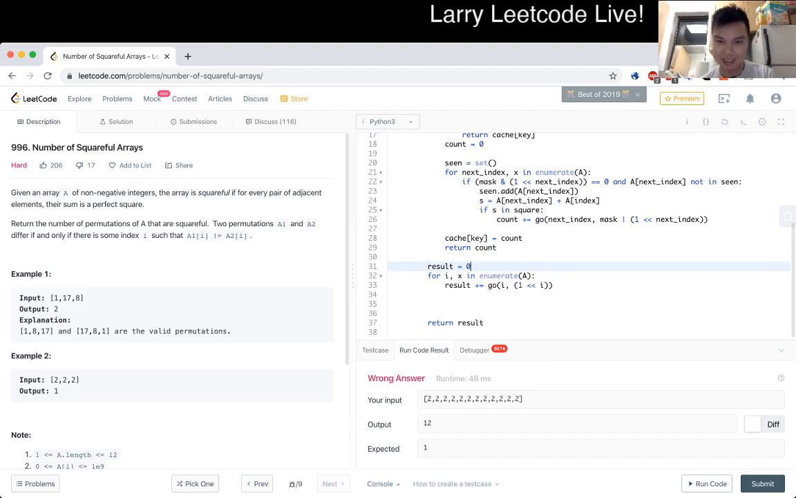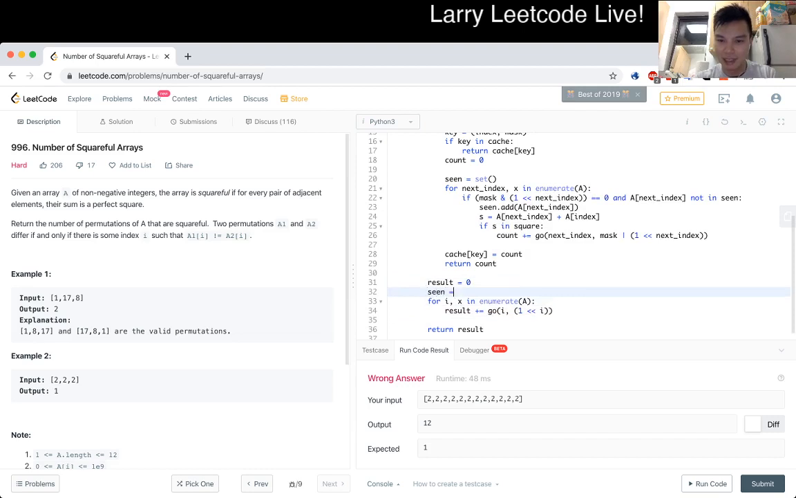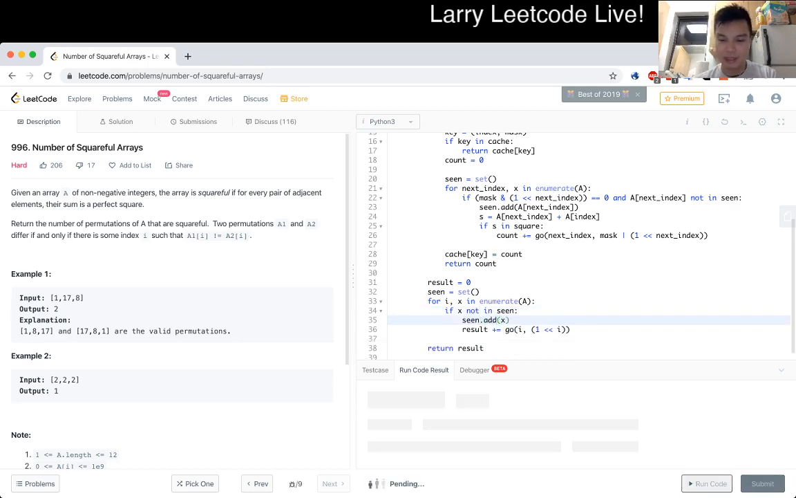Actually, I always submitted the other one, so I have it in the submission queue. But let's just add that real quick. If x in seen, then, well, not in seen. So if we do something like that,